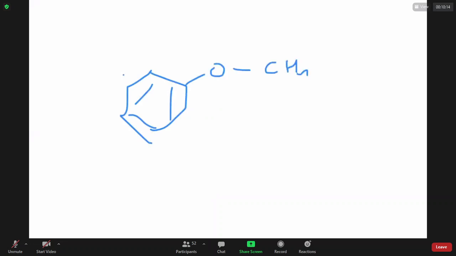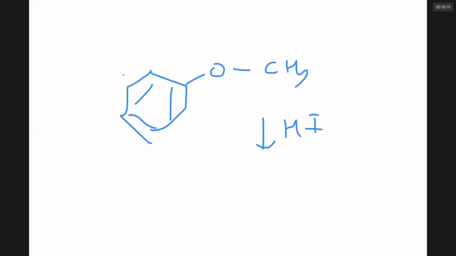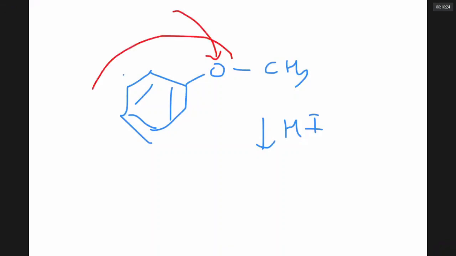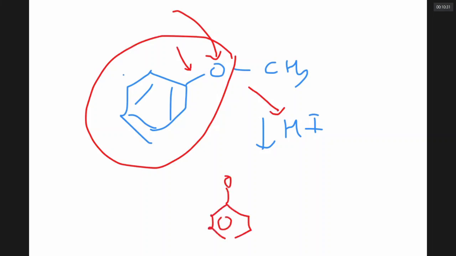Sir, the point is, if you have a phenyl ether and you are reacting it with HI, somebody should take H plus, somebody should take I minus. Always this phenyl group takes oxygen and H plus because this bond cannot be broken. Therefore, whenever a phenyl ether reacts with HI, you get phenol as one of the products. The other fellow will take iodine. That is the rule.